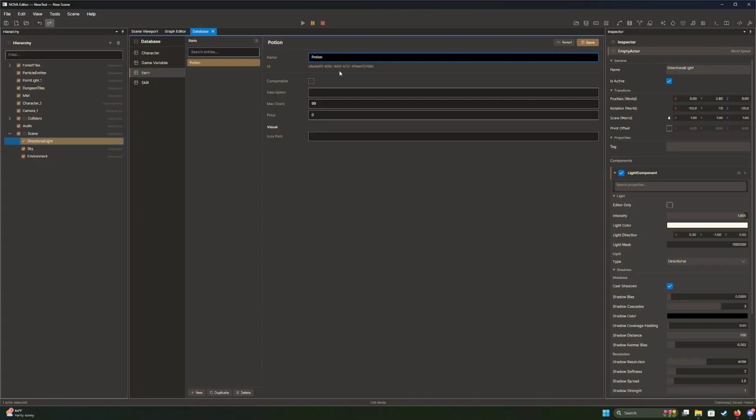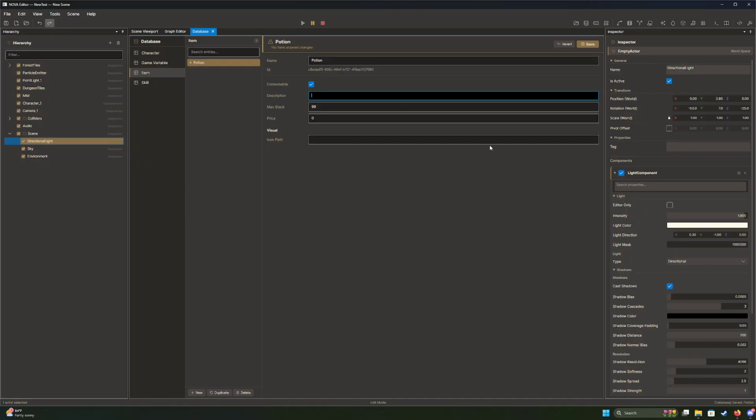So everything is backed by the IDing system. They have individual IDs, so that way they are individual entities, and then you can mark it as a consumable. You can give it a description, like this is a potion. You can choose how many items you want in a stack. You can give it a price here if you want,